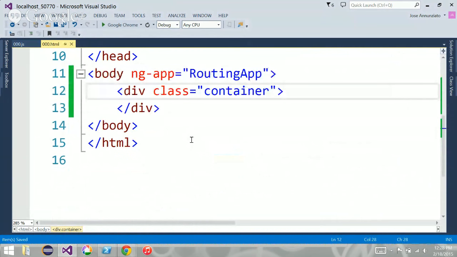That's our application. We're going to inject into this empty div the various pages. We're going to dynamically load the home, the contact, the about HTML into here. So this is going to be our view, our ng-view, which is going to display either the home page, or the about or the contact, depending on our navigation.